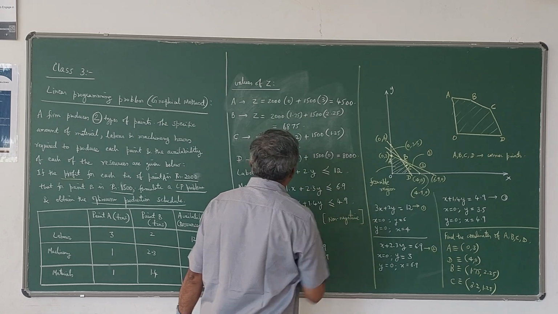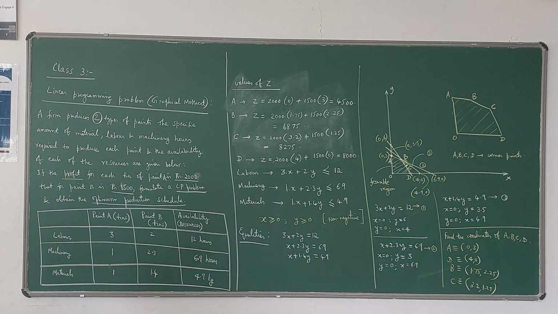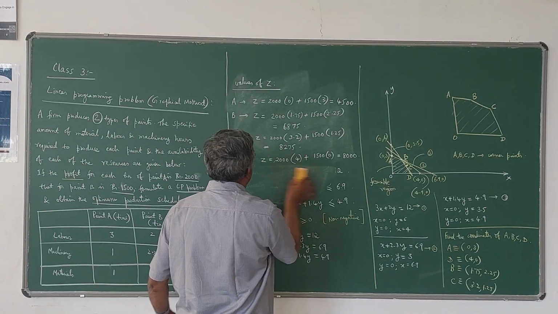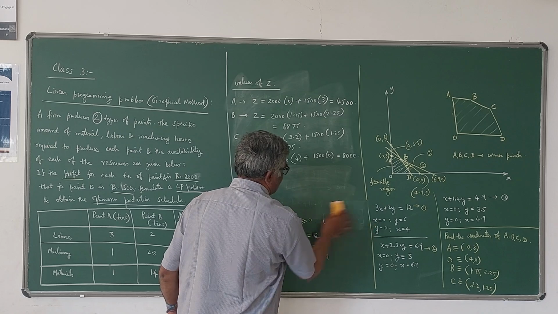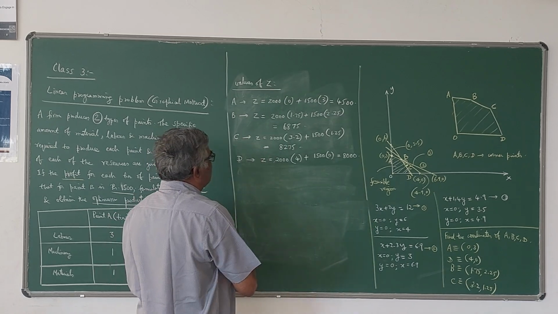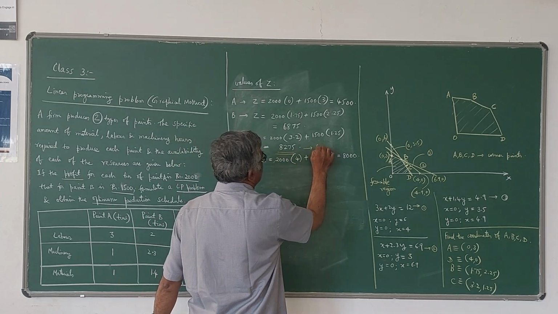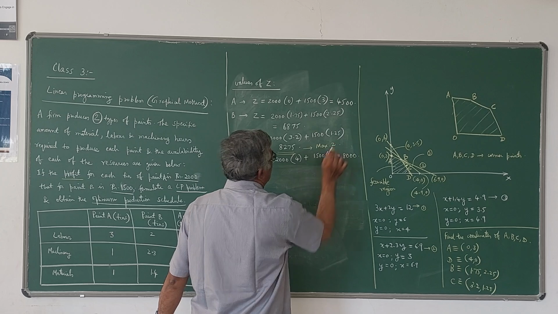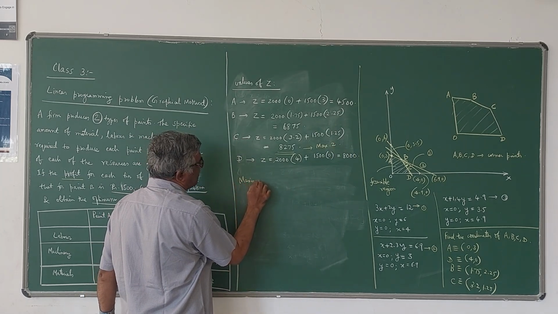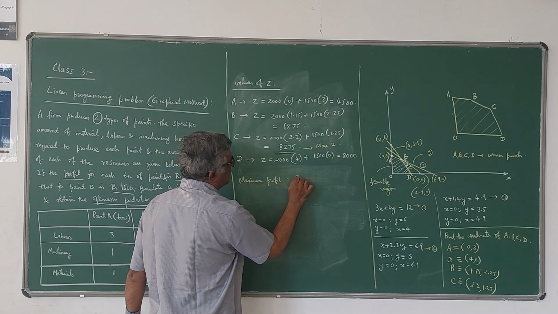So among these four, the maximum value is 8275, that is at point C. So at point C you have the highest value. We have to get the maximum Z. So the maximum profit is equal to rupees